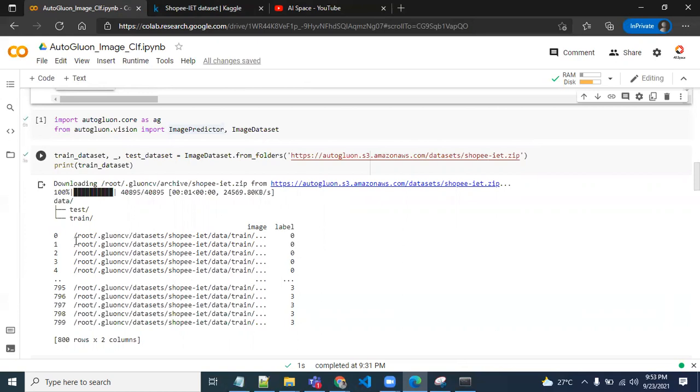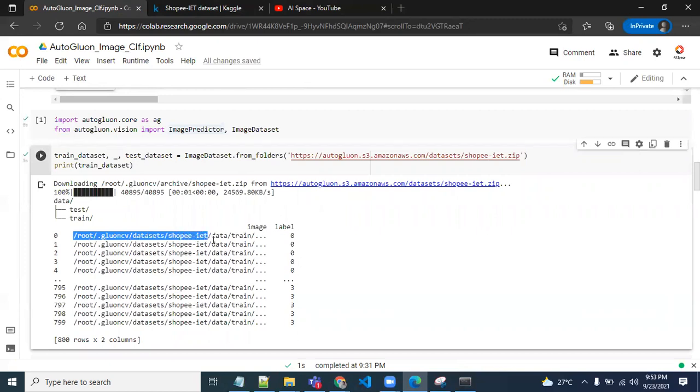In the image column, we'll provide the path of the image, and in the corresponding label column, we will give the class of that particular image.